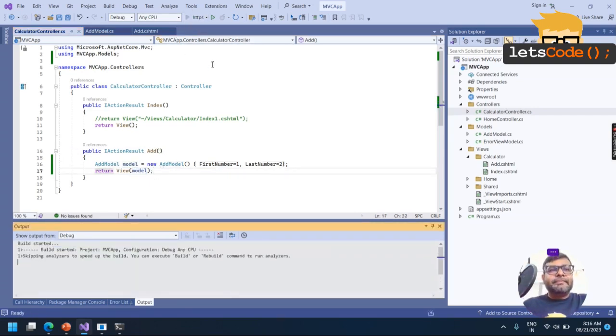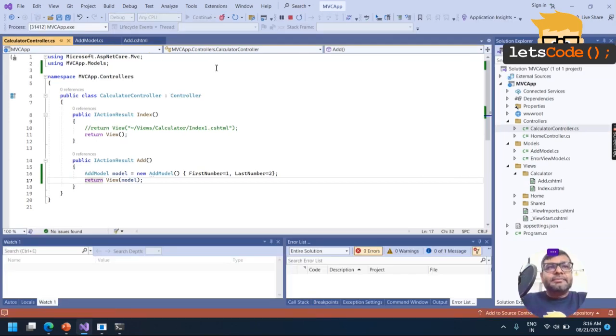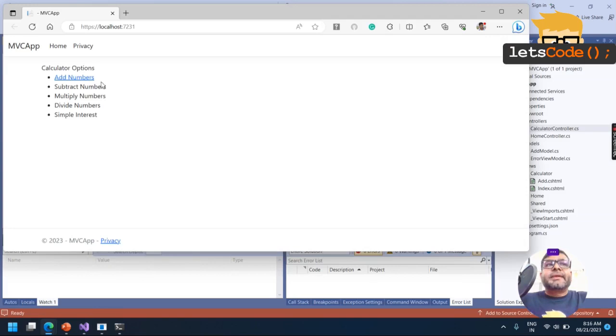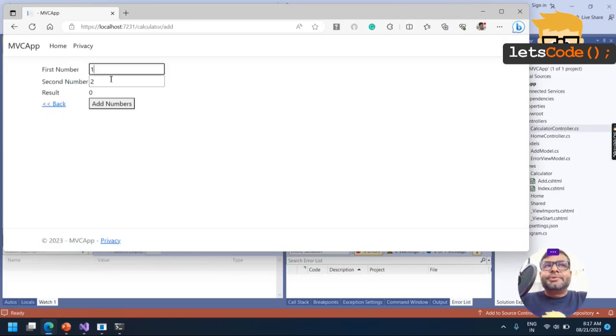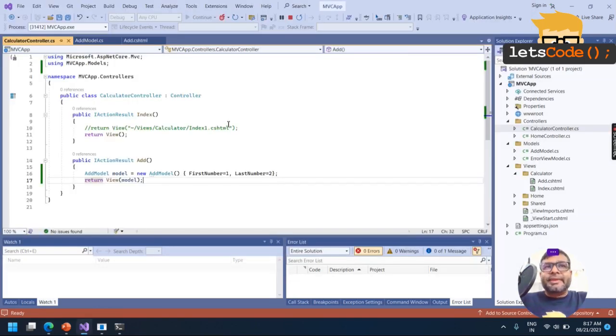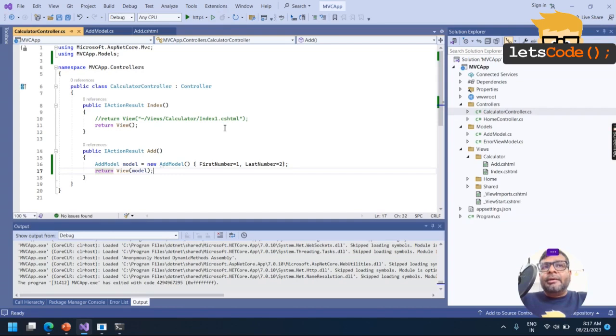Now when I am running this code, 1 and 2, you see by default it is coming. If you recollect till this stage, rendering the data in view through model, that is something we have achieved.